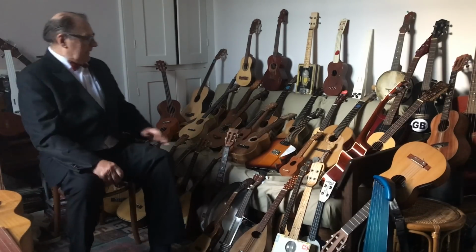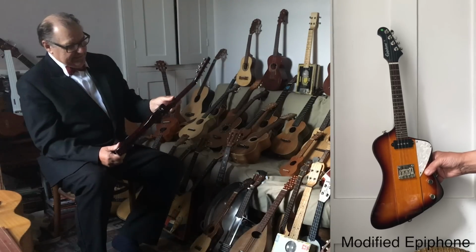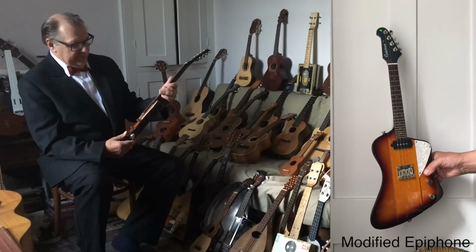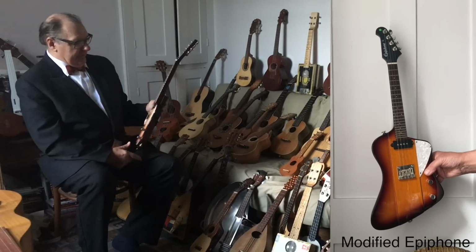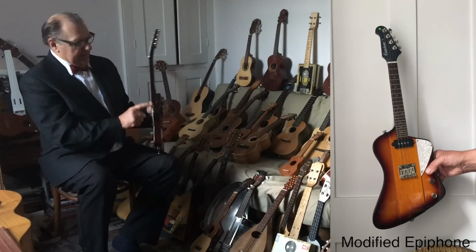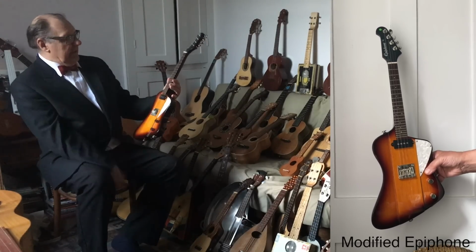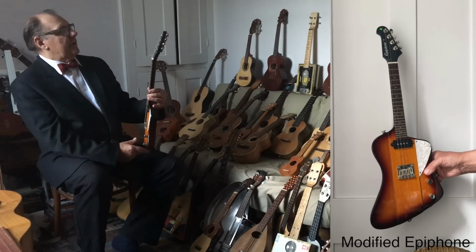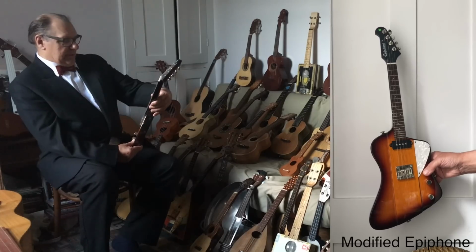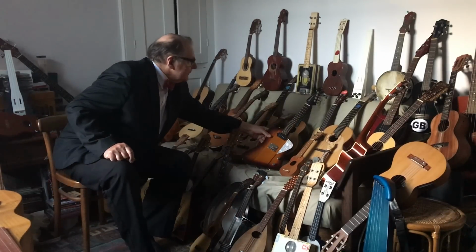Ooh, Mando Bird, yes. This is quite interesting. Started off as an Epiphone mandolin, electric mandolin thing, but with single strings, and I had it tweaked and modified by Andrew Scrimshaw. We cut this horn off, and it looks like it was always intended to be like that. So, electric ukulele, as far as I'm concerned, even though it would be regarded as a hacked about electric mandolin. So those are some of the